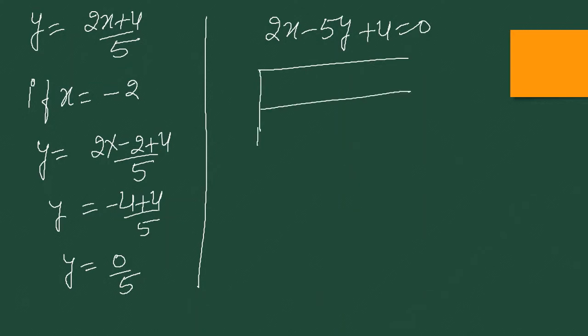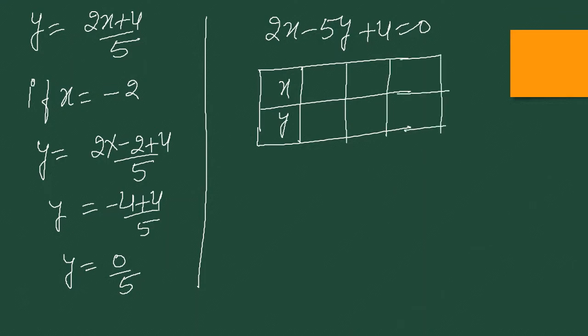In the previous question I told you that you should take at least 3 values, but in this question I'll give you the solution by taking 2 values, so that you will know if 2 values are sufficient or not. Sometimes they are sufficient, sometimes they are not. In the first, I have taken -2 and 0, and that way I have taken 3. Here I am taking only 2 values. If they are sufficient, then we can take them.